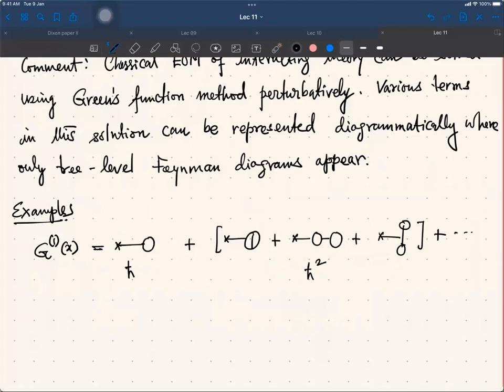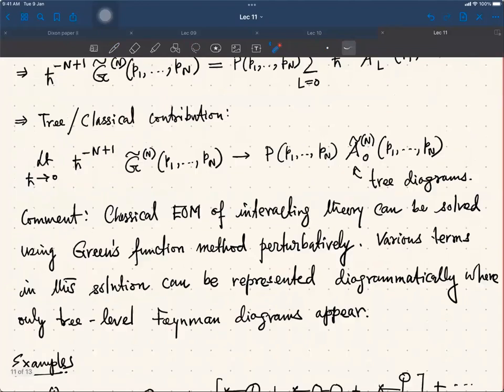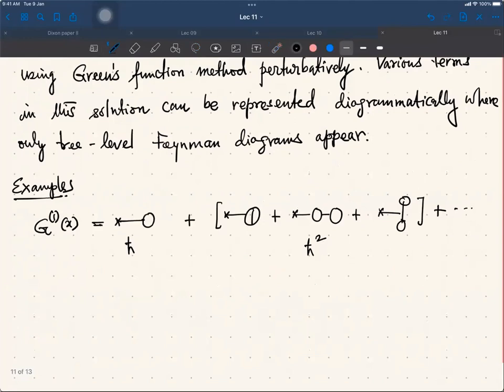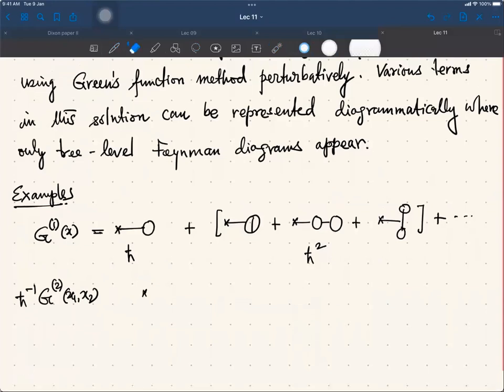And on the left hand side we have g1, because for n equal to 1 this factor is h bar to the power 0, so it is only g1. For n equal to 2 we have to calculate h bar to the power -1 g2 of x1 x2, and then this is h bar to the power 0, this is order 1, and then at order h bar, which is one loop contribution, you have these two diagrams,